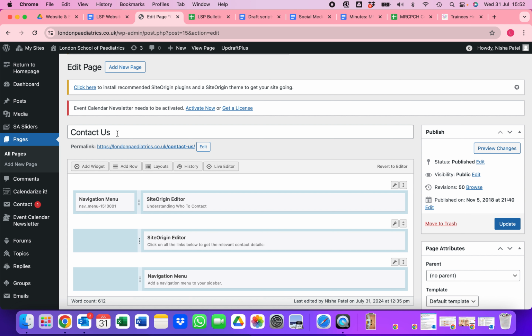Then we're still not finished, so if you scroll down you can see that the London School of Paediatrics is the organiser. You can also put in any venues, so it's going to be at Chelsea, let's say. And then the really important section is this, which is enable a future action. Now, in order for our websites not to become too cluttered, as this is a post where after the 14th of August the course will have finished and no longer needs to be anywhere, we can enable a future action, which means that we can remove